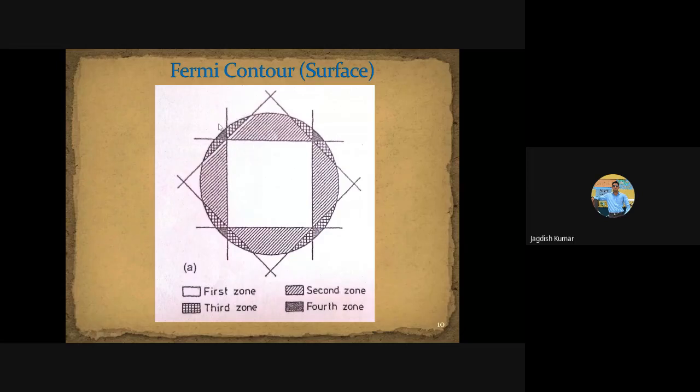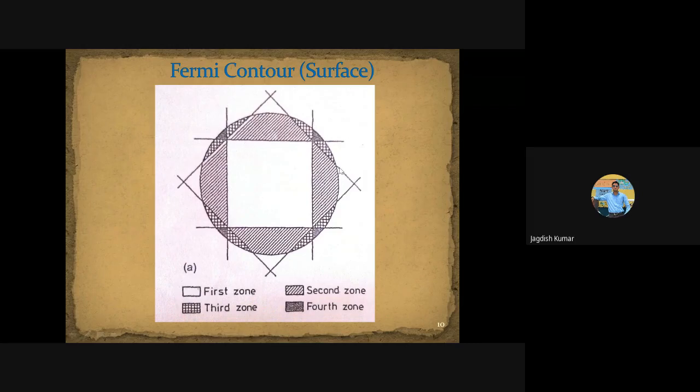Now what we want to see here is, I'm sure you have understood the first Brillouin zone, second Brillouin zone, third Brillouin zone, right? Now this is your Fermi contour. None of its portion lies in the first Brillouin zone. Now what if we have to represent the whole Fermi contour in the first Brillouin zone? Can we do it? Yes, we can, following the reduced zone scheme, right? Now the question is, how can we represent this whole Fermi surface in the first Brillouin zone? Because if you see, it is lying completely outside the first Brillouin zone. It is lying in higher Brillouin zones.